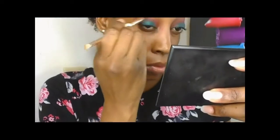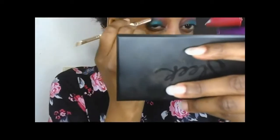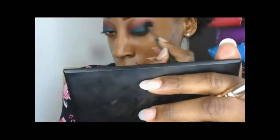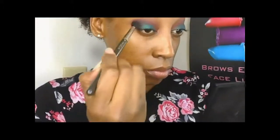So I'm just going in some more with darker purple with the black, and I'm going to go ahead and smoke this look out to give it its final stage of depth. And I was using that same contouring type of brush to put that black in, and then I'm going to use my 224 and just keep blending it out until I get it to my liking, because I don't want just a black splat sitting there. And then I'm going to diffuse the color a little bit more by going ahead and adding that first magenta color in,